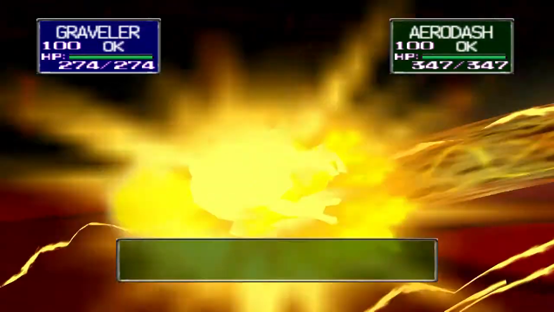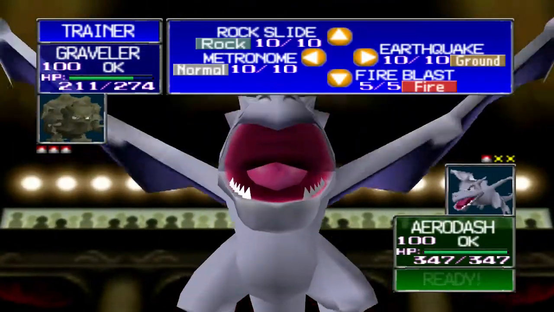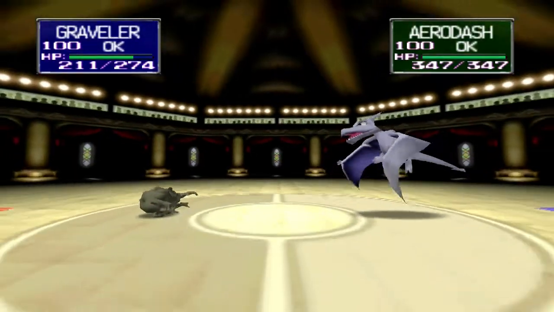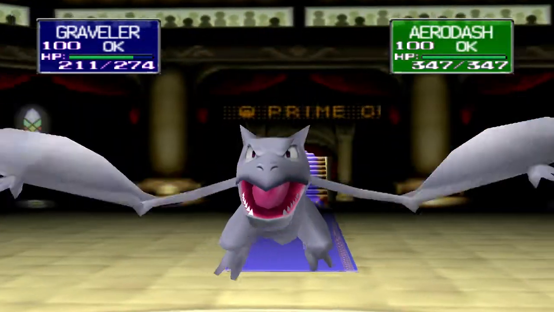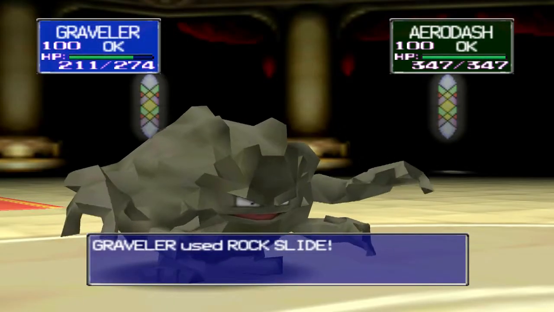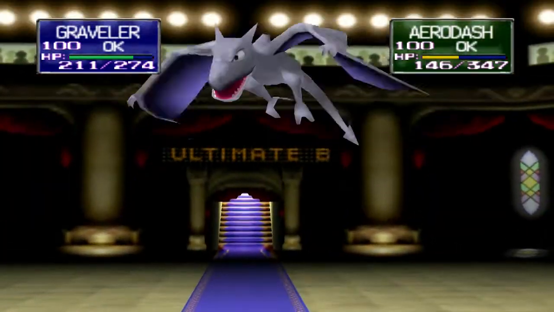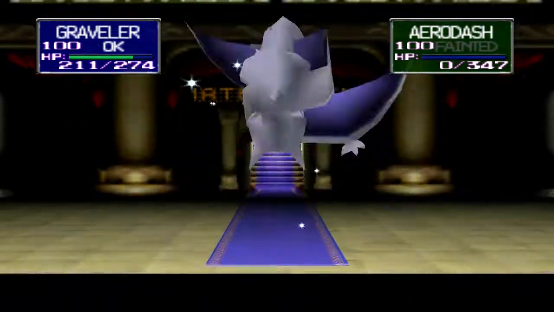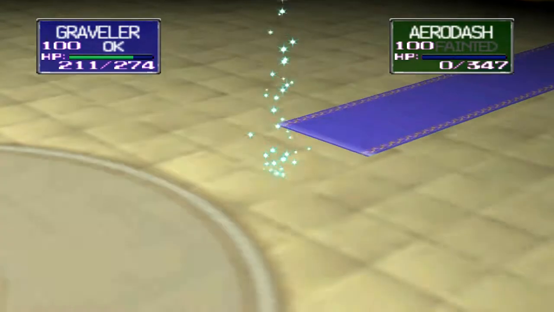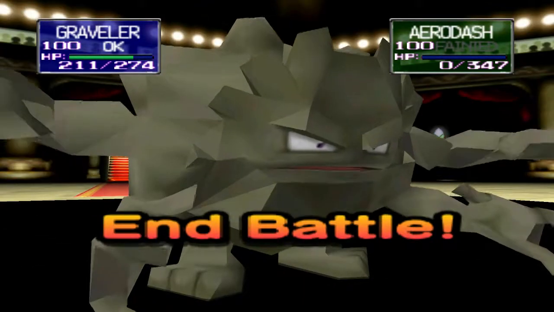That switch was all I needed. I can make this a perfect match. Just use Rock Slide. It's going to recharge, because it just did Hyper Beam. Jolteon would not be able to tank that. Oh wow, critical hit. And a one-hit KO. Oh my god, we are getting lucky. Oh my goodness. That was...